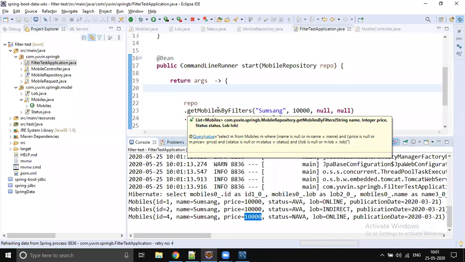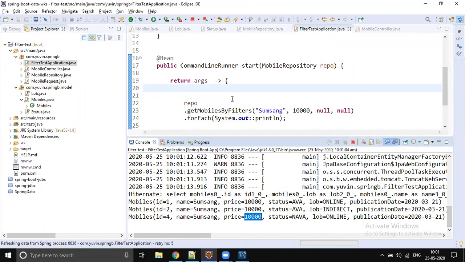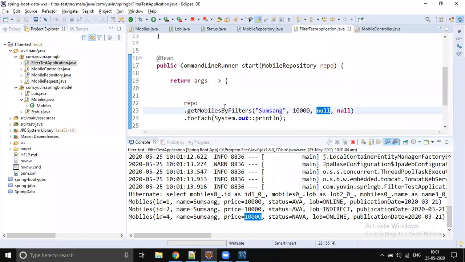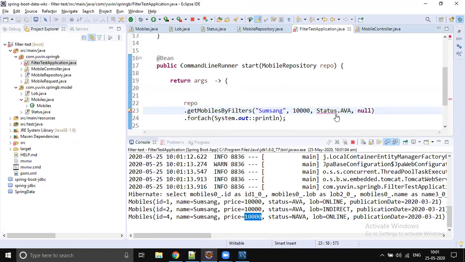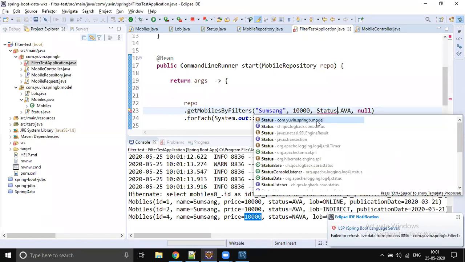Now let's apply the third filter, which is the status. For example, from the front end you may get a string, so you have to convert that into an enum. Here you need to send the enum value, status AVA.